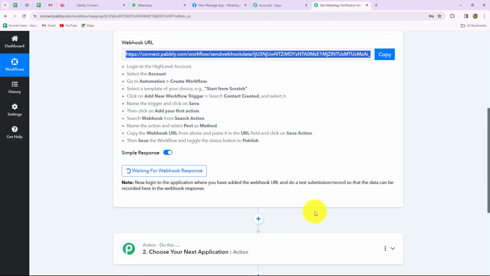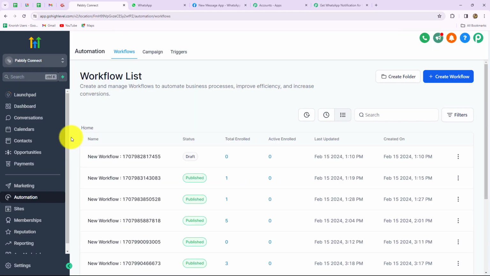That means now we have to do a test submission so that the response will be captured over here. So whenever a new lead will be generated in your GoHighLevel CRM account, the response will be captured. This is our objective. Okay. So for example, let's say you have created a landing page for getting the leads, or let's suppose you have added a form in your website through which you are getting the leads in GoHighLevel CRM. Then automatically, whenever a lead will be generated, after creating this automation, the response of that lead will be captured in Pabbly Connect. But because currently I have not created any landing page or a form to generate the leads,